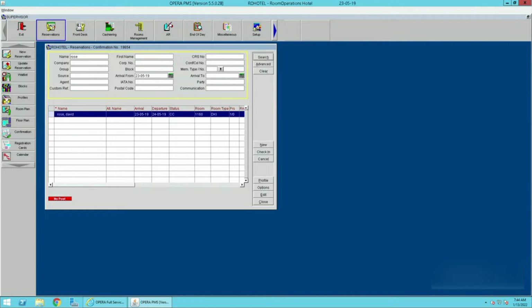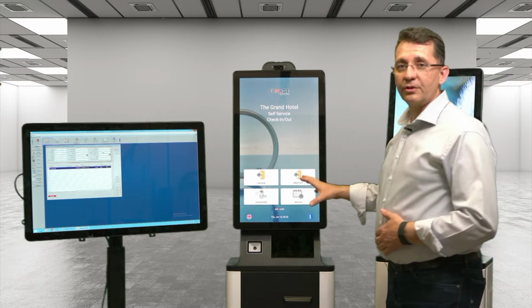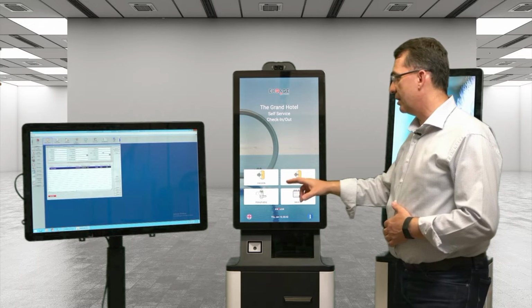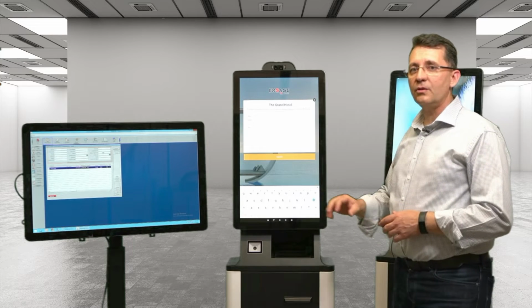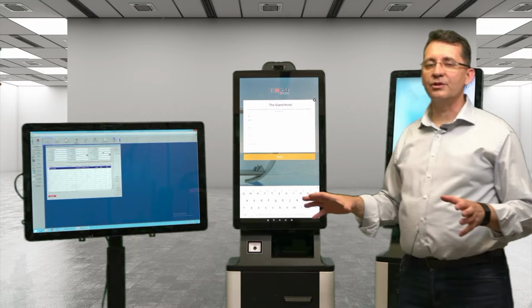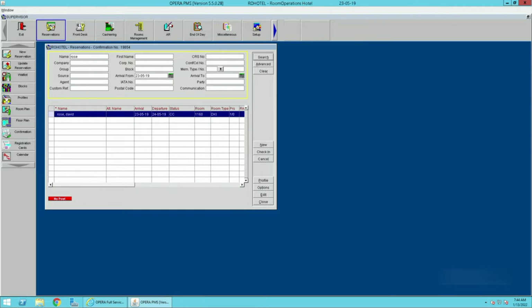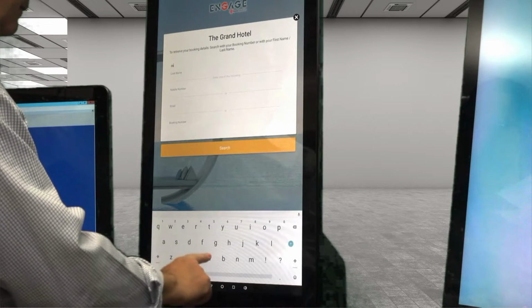Here we have created a guest called David Rose. He will be staying for only one night. When a guest arrives at the hotel, they simply walk up to the kiosk and click on check-in. When they click on check-in, the kiosk will ask them all the relevant information that your front desk would ask. Now we enter the guest's name, David